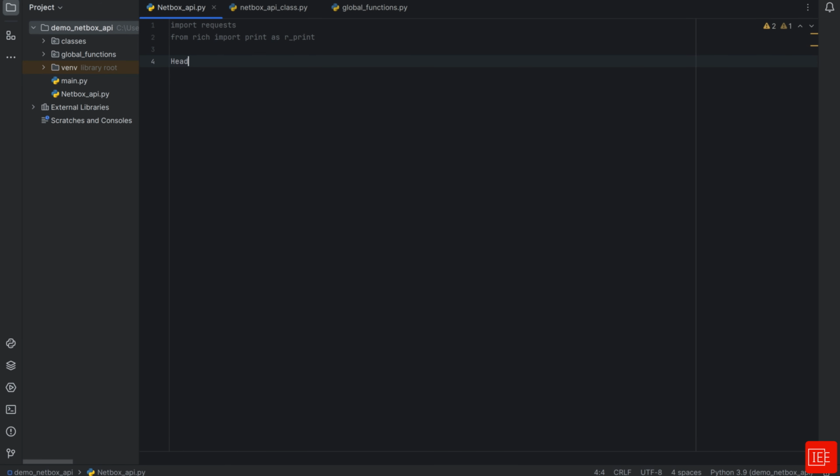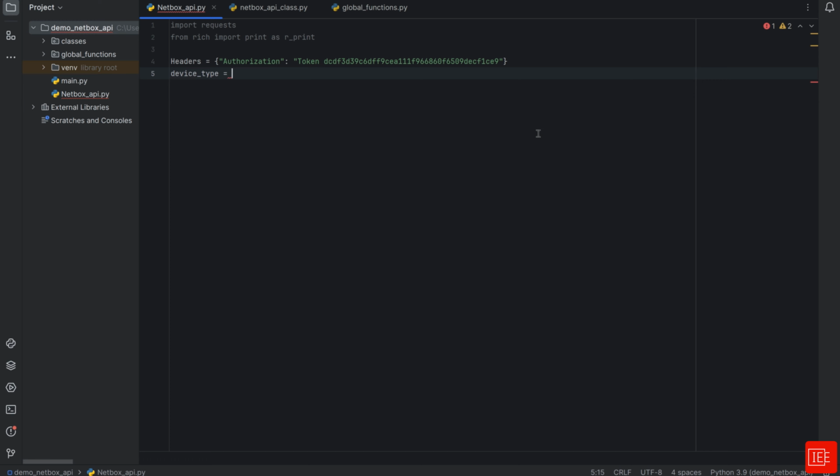And then the first thing that I'm going to do, I'm going to create a variable called headers as a dictionary, and inside that dictionary I'm going to create the key, and I'm going to set that key as Authorization. And the value is going to be token, and I'll copy the token from my text file, so bear with me one second. Right, now that the header is good to go, what I'm going to do next is I'm going to create a variable called